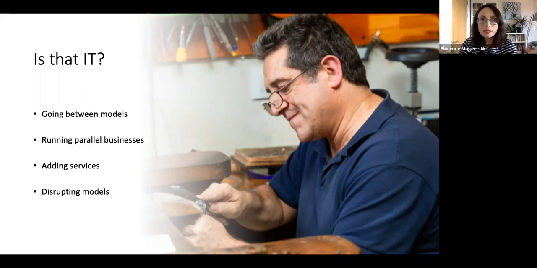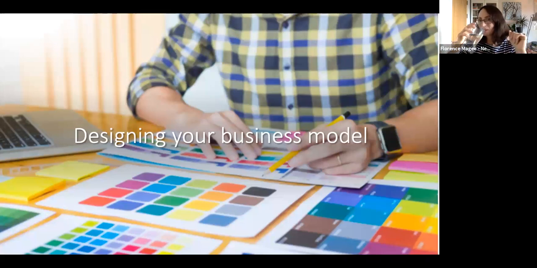You could be adding services to your model, and that would be quite exciting to see how you can twist things a little bit. And there's always a case for disrupting things. So if you take one of the models and a different logic, what would it mean? Is it possible at all? Or does it mean that you come into issues like profitability or the amount of orders you need to fulfill? So it's just to give you models of how things could run and see where your own business could fit. Okay, so we're entering a final part.